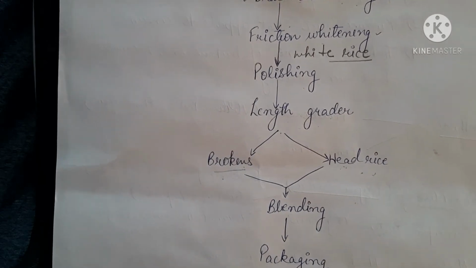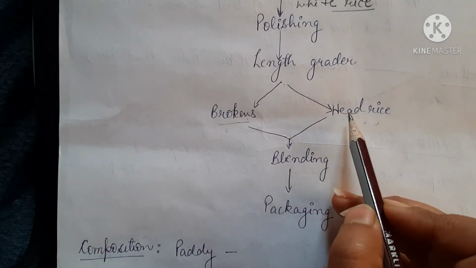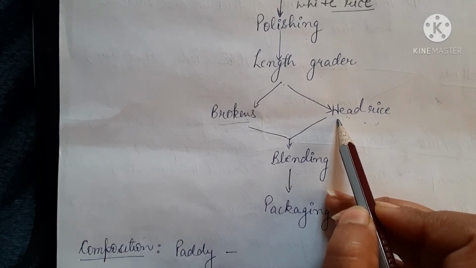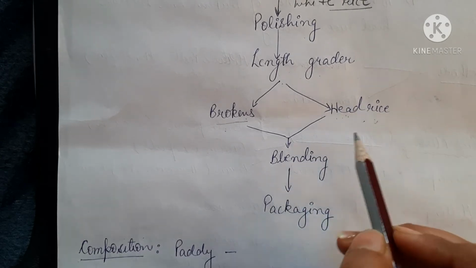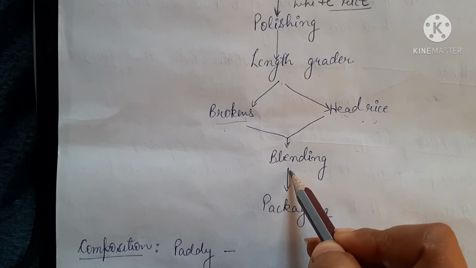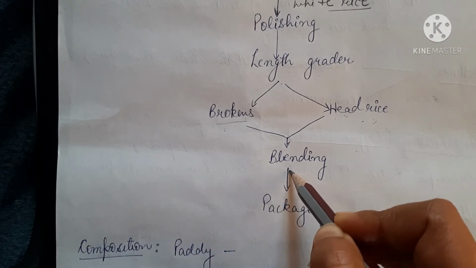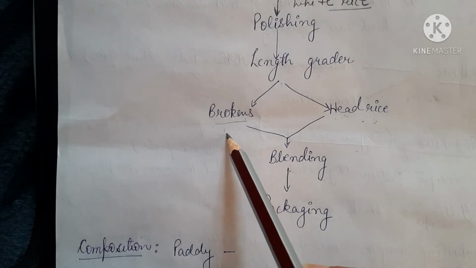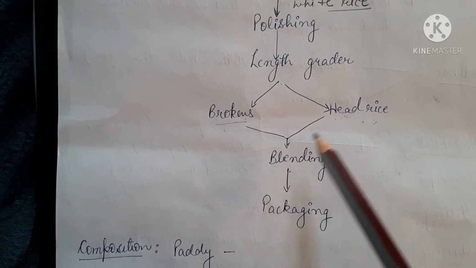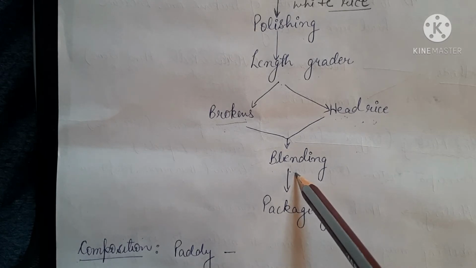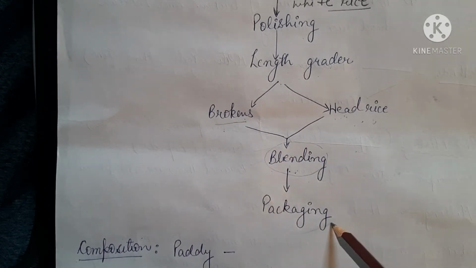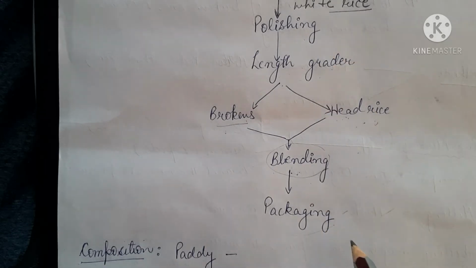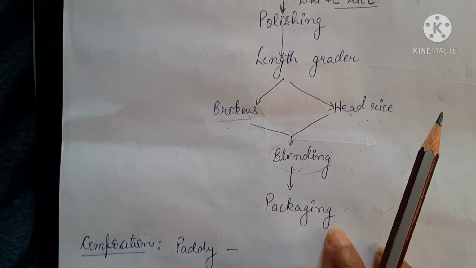When we need to prepare a bag of good quality rice, the majority of head rice is put in that bag and a few brokens are blended with it, right? And if we have to make a bag of medium quality rice, then we will take not exactly 50, but 70% head rice and 30% brokens. And a poor quality rice bag will contain a majority of brokens, right? So this is the blending step. Then at the end we will pack those bags. We will talk about the major steps in further sheets.